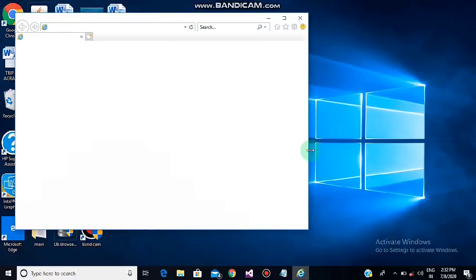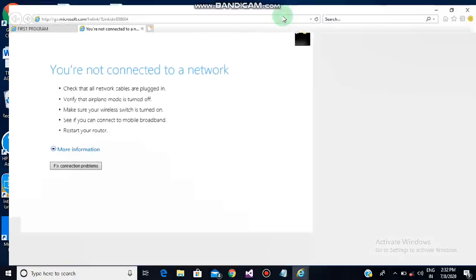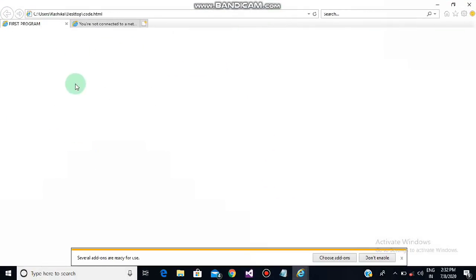There you will be able to understand it better. So children, as you can see, this was my page, and here you can see it's written first program. Can you see it here? Yes, this is your first program. This was the title that we gave over there. So basically the title is the text that appears on the top of your browser and not in your viewing pane. This is your viewing pane. It's not here, and nothing is here as of now because we have not done anything there else. What we have done is your title.